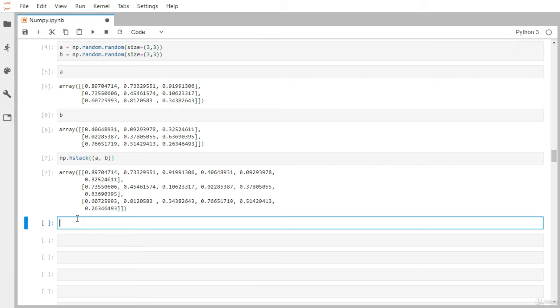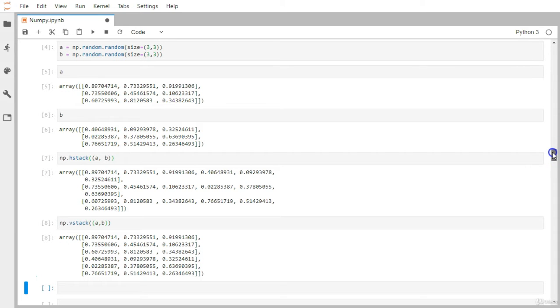Now if you observe one thing in this horizontal stacking, the number of columns in both of these matrices is immaterial, but the number of rows is the important thing, because it has to match. So here we have 3 rows, and here also we have 3 rows. Otherwise it cannot match. Same way, let's say you want to put one matrix below the other matrix. So we can use vstack. Same way we'll pass the arguments A and B as a tuple.